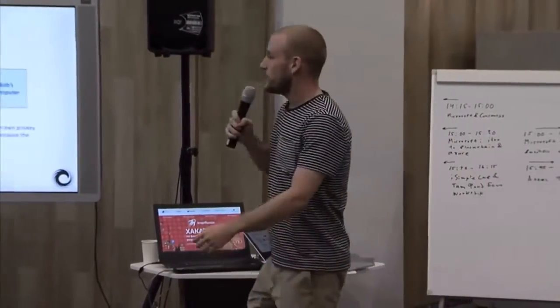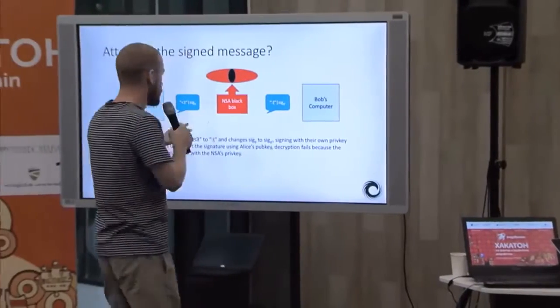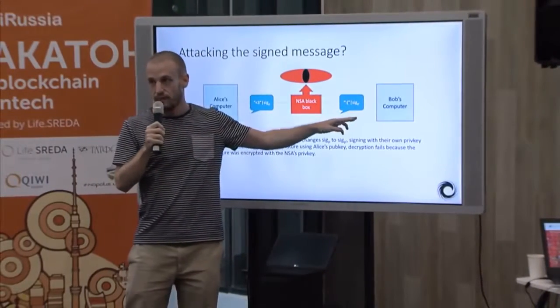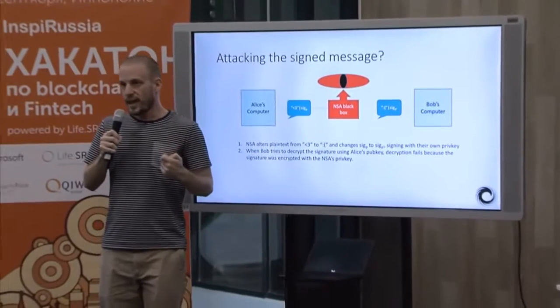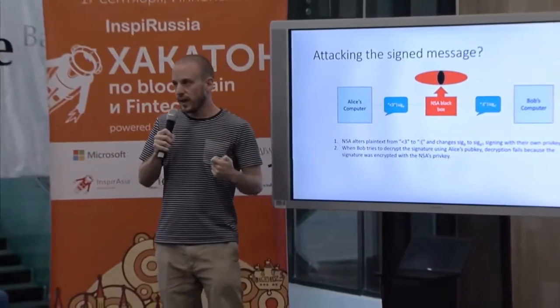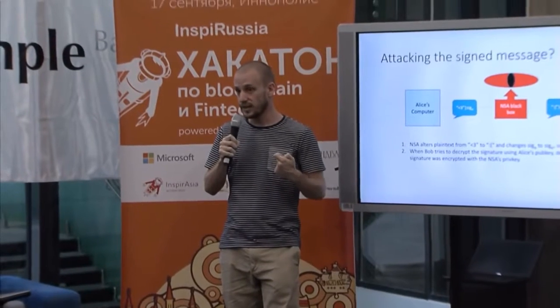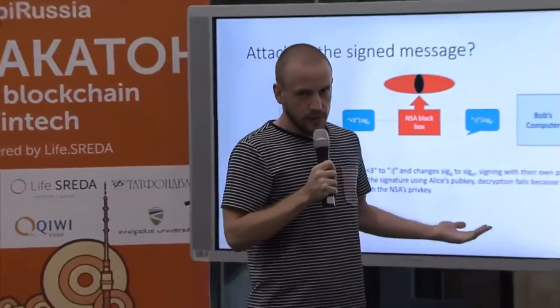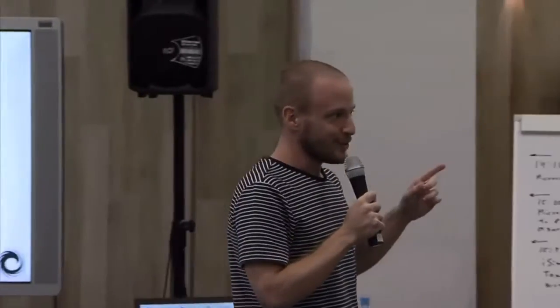So Bob's going to know, okay, this message was manipulated. If the NSA tries to attach their own signature to the message, so the NSA can alter this message and then just sign it themselves, the problem is they don't have Alice's private key. So Bob is expecting to receive this message from Alice. So when he tries to decrypt that signature using Alice's public key, it'll fail because it was signed with the NSA's private key. Okay, so normally I would take questions, but we don't have much time, so I'm going to keep going. Basically, what we get out of all of this is we can prove that a message which we receive was sent by the person we think it was sent from, and that it wasn't altered in any way before it got to us.